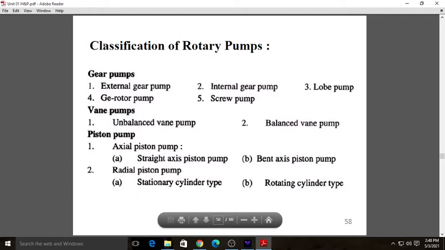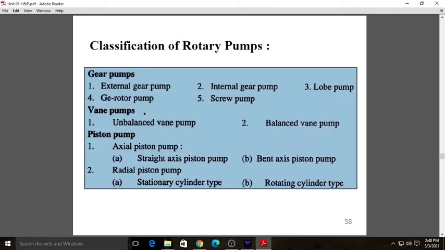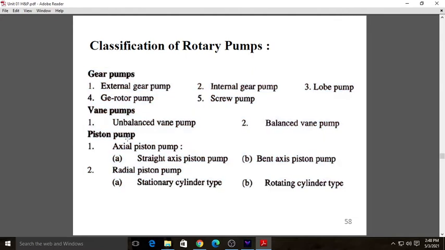Here is again the classification of rotary pumps. They are classified as gear pump, vane pump, and piston pump. The gear pumps are further classified as external gear pump, internal gear pump, lobe pump, and gear rotor pump. Here we are going to see its